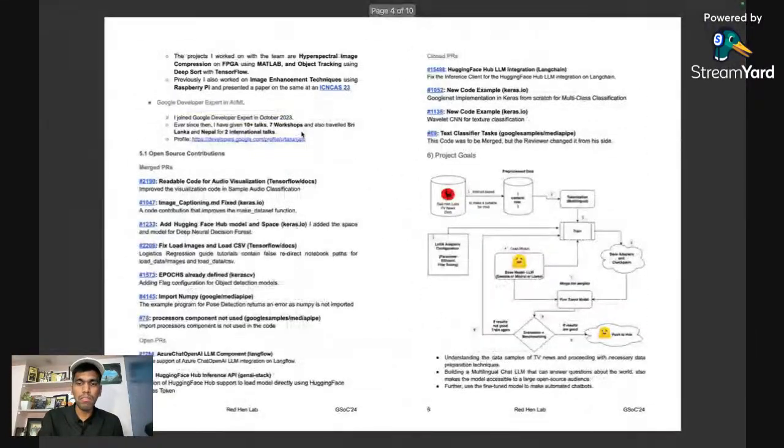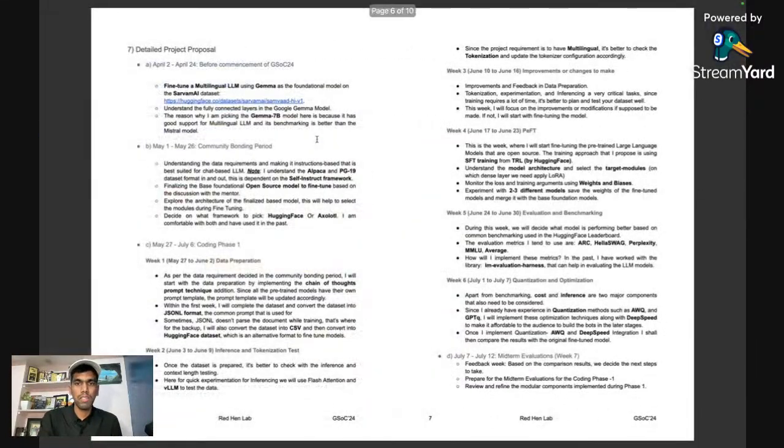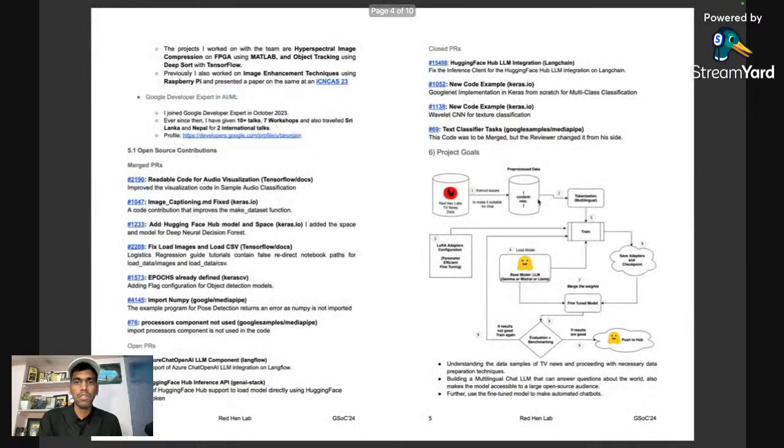Okay, wait. Yeah. So once you have this proposal in place, you will have that validation check that, okay, the contributor has a good idea about this particular project. So this is very important. Make sure you have the proposal with a flowchart. If not, don't prepare any proposal at all. This will make your chances much easier if you add it within your proposal.